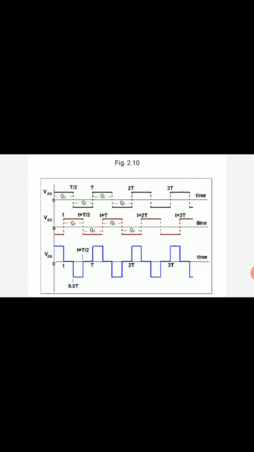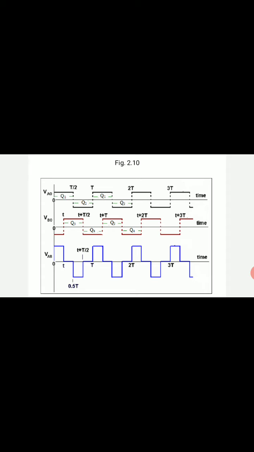So in the interval 0 to small t, where small t is T by 4. You have 4 different switching states, right? So the total time period will be T, and you have 4 different switching states. So T by 4 will be the first quadrant of operation. So small t will be equal to capital T upon 4, or 1/4 of the total time cycle.